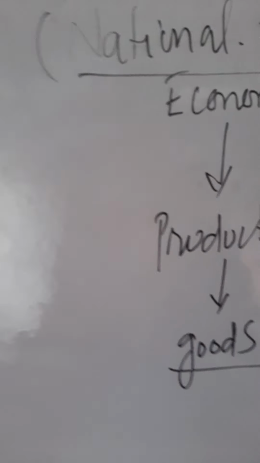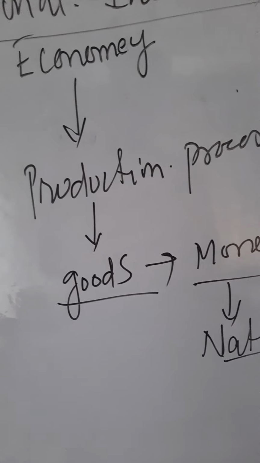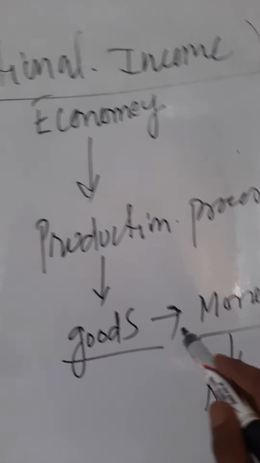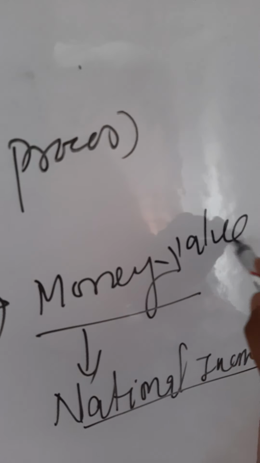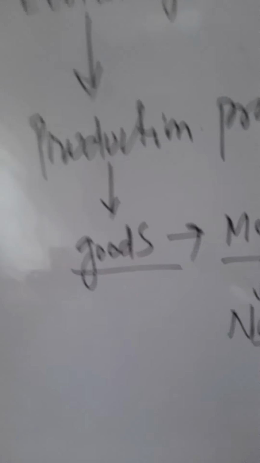So simply we can say that the different economic activities that take place within an economic system of a country, with the help of which different goods are being generated, when these goods are being converted into their money value, we call that national income. It's a big, broad topic, national income. What we are going to do here is understand some basic concepts about national income, in which the first concept is